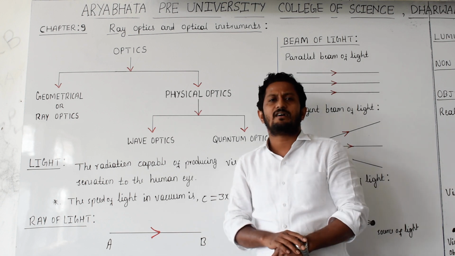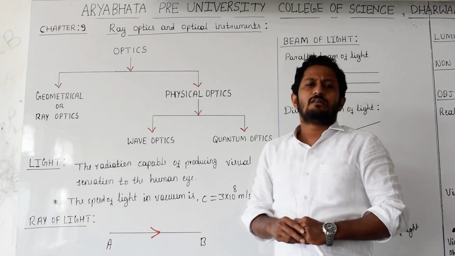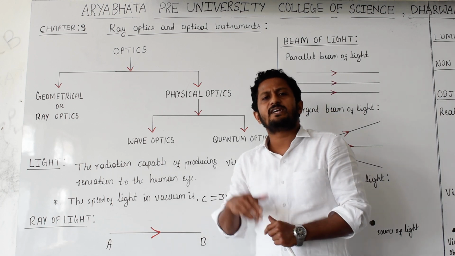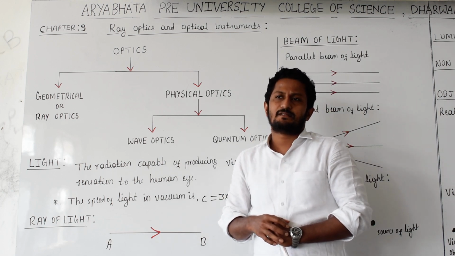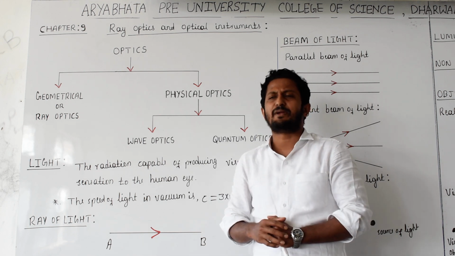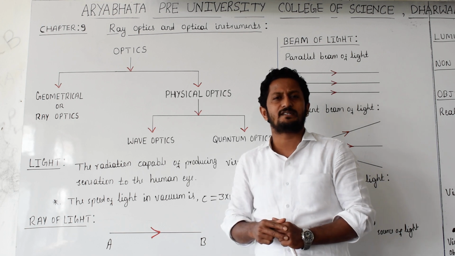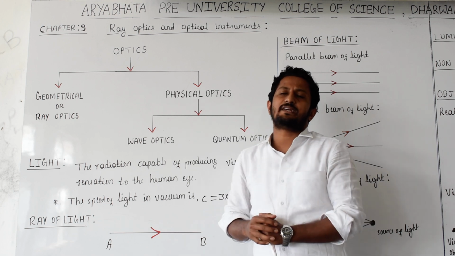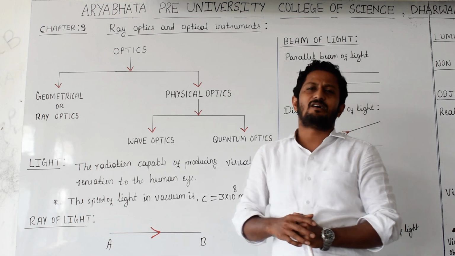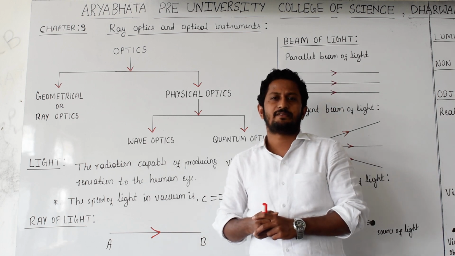After this, we can see the objects around us in two ways. Many objects are there around us. We can see those objects in two ways. The first way of seeing an object is, if that object is